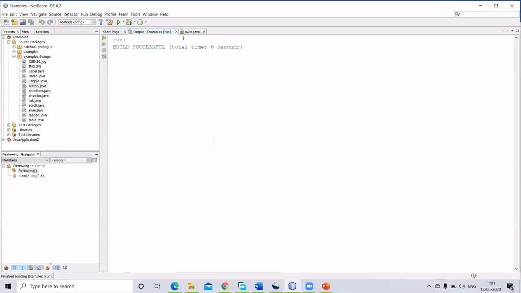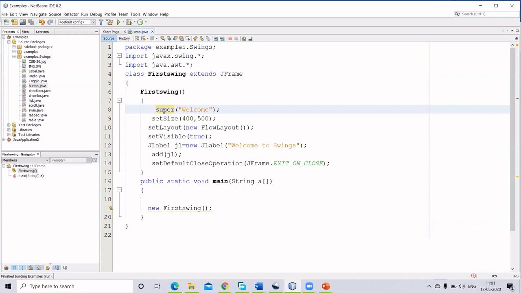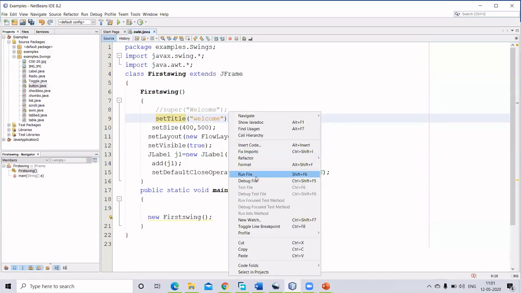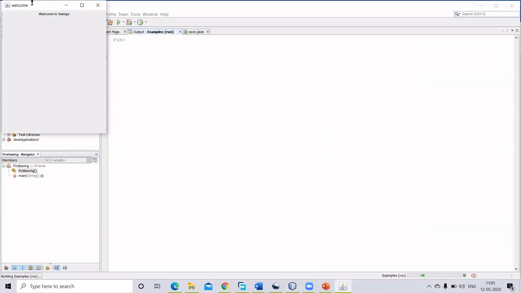So what is the other way I can use it? Instead of super, I can even use another method which is called setTitle. So you can use setTitle also to set the title of that window. So two ways you can use it. Either you can use super and pass the title, or you can use the setTitle method to set the title of that particular JFrame window.